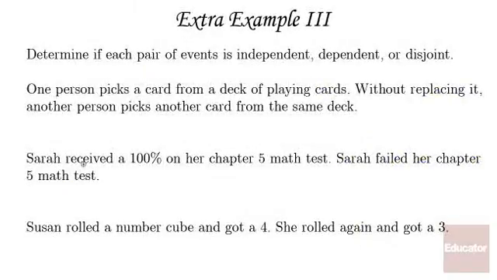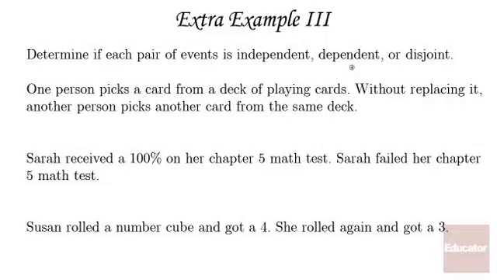The third example here: determine if each pair of events is independent, dependent, or disjoint. Now remember, independent events are when we have two events that do not affect each other. So the outcome of the second event does not depend on the first event. Dependent events are the opposite. The second event is affected by the first event. The probability of the second event occurring is determined by the outcome of